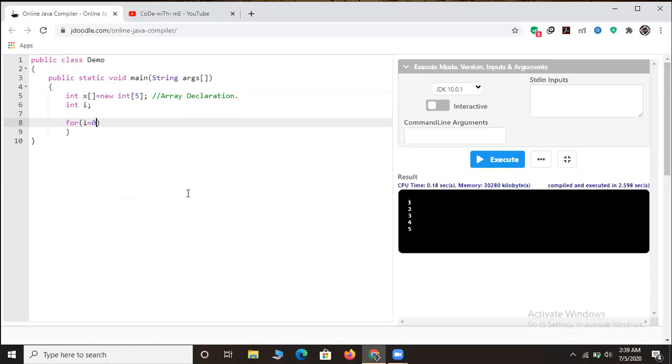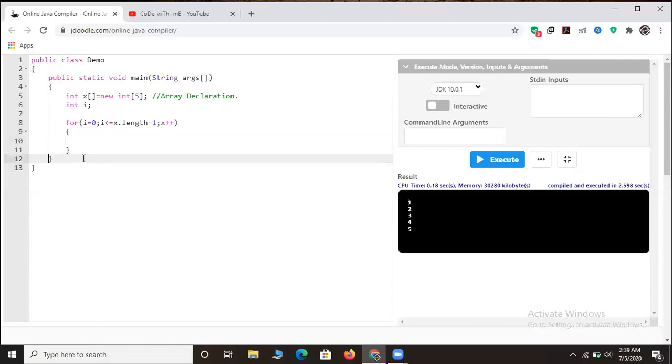int i = 0. The reason I have declared the local variable i is that since I'm making use of loops, I have to create a variable, and I'm declaring it initially as i equals 0 because, as you know, the initialization of arrays usually starts from 0, followed by i less than or equal to x.length minus 1, followed by incrementing i at every step. Okay friends, inside the loop